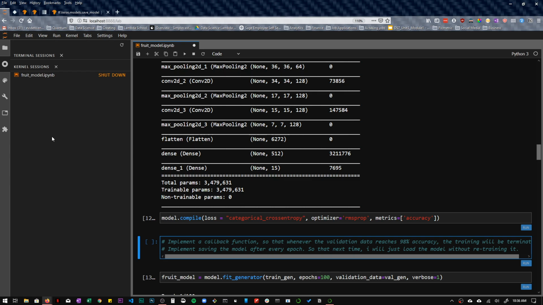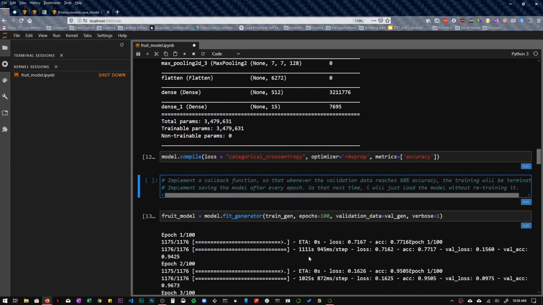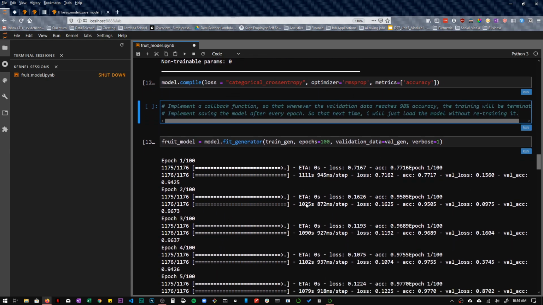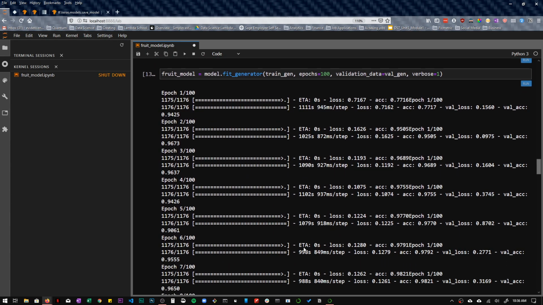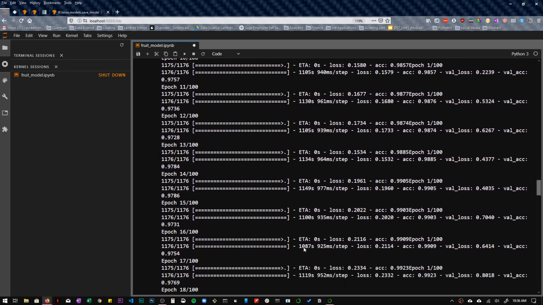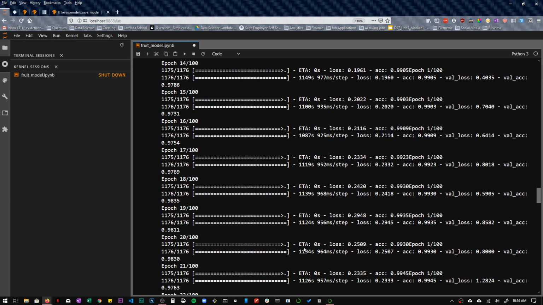And I think I'm going to have to run everything over again. Once I've implemented those things, then I will have to restart this training process. And hopefully by tonight, this training will be done. Looks like it takes about 18 epochs to get to 98% accuracy.